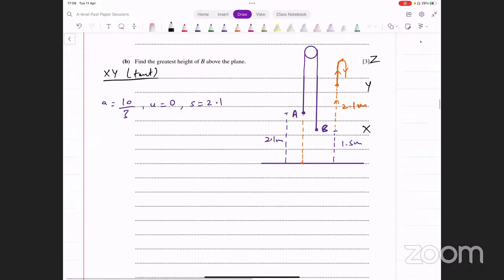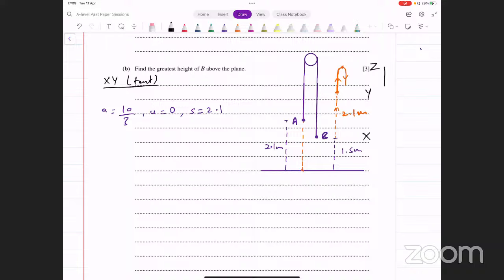Now, for the YZ part of the journey, आपकी जो स्ट्रिंग है वो स्लैक है. So let me represent that here. YZ part में the string is not taut anymore because A ने ग्राउंड को हिट कर लिया होगा। जब A ग्राउंड को हिट कर जाएगा और B इस पॉइंट से ऊपर जाएगा तो स्ट्रिंग स्ट्रेट नहीं रहेगी और इसमें स्लैक आ जाएगा, राइट? इस पार्ट में जब स्ट्रिंग में स्लैक आ जाता है और वर्टिकल मूवमेंट होती है, तो आपका पार्टिकल फ्री फॉल में होगा एट दिस पॉइंट।